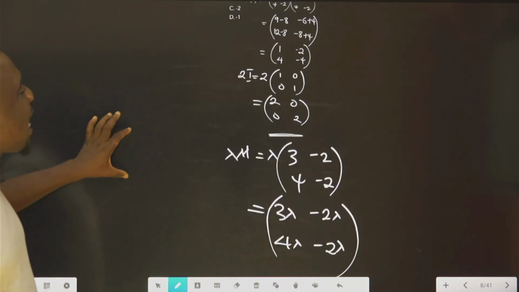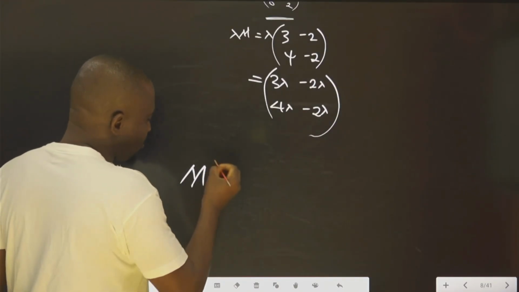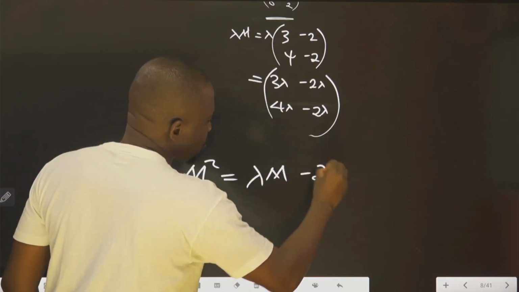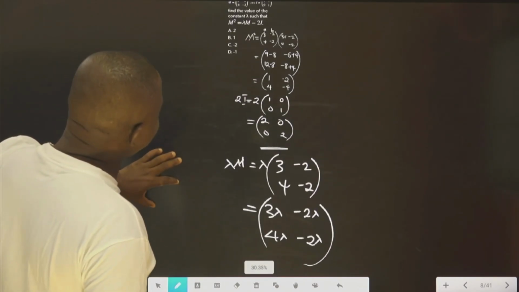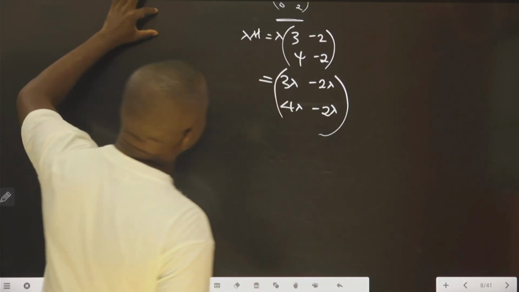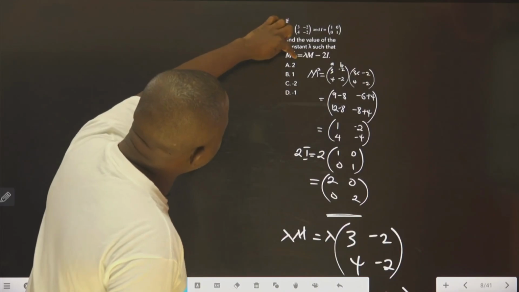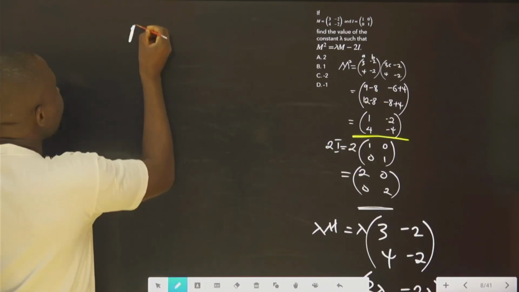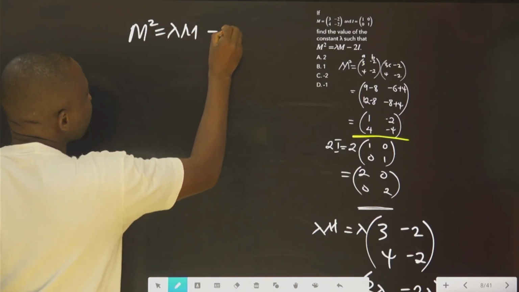So the next thing we need to do now is to go back to the equation that m squared equals lambda m minus 2i. And we are looking for lambda. So what is the meaning of that now? It means, first of all, we are going to write everything that is m squared. So I'm going to take this out and come back here so that we can see what we are doing, okay? So first of all, I need m squared. So I'm coming to this place now to put the value of m squared, which equals lambda m minus 2i,